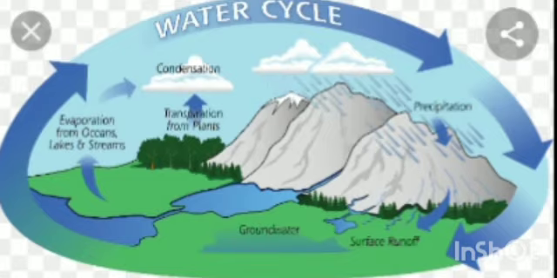Recapitulation. Children, note down. Water is necessary for all life forms. There are four stages of the water cycle: evaporation, condensation, precipitation and infiltration. First one, evaporation. The process in which liquid becomes gas is called evaporation. And next one, condensation. As the vapor goes high, the cooler temperature makes it cool down and turn back into